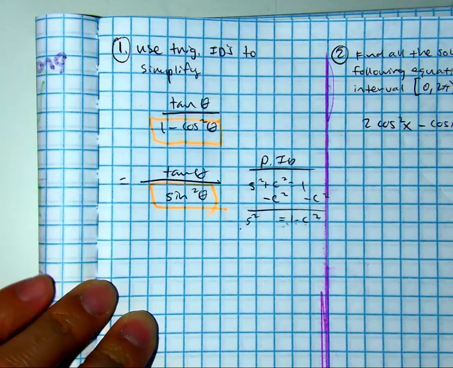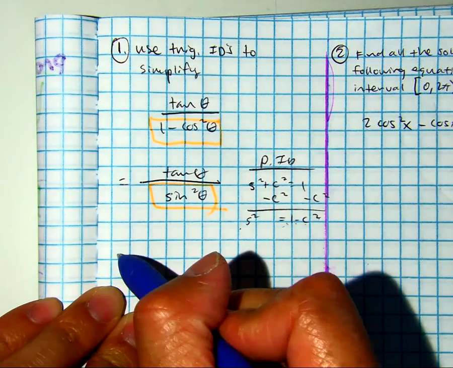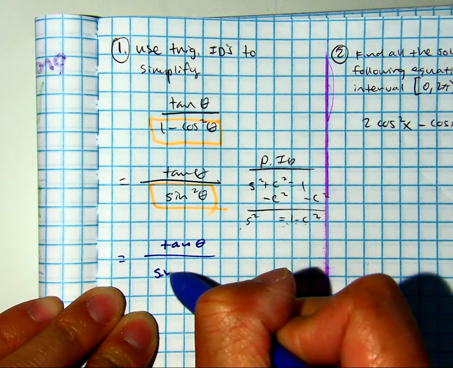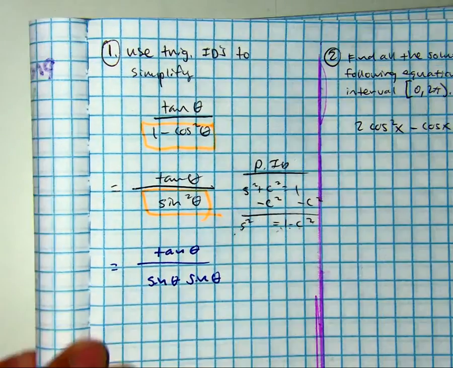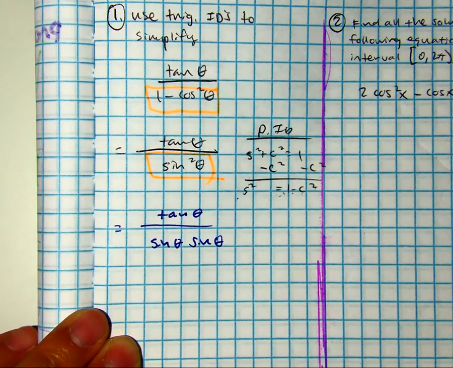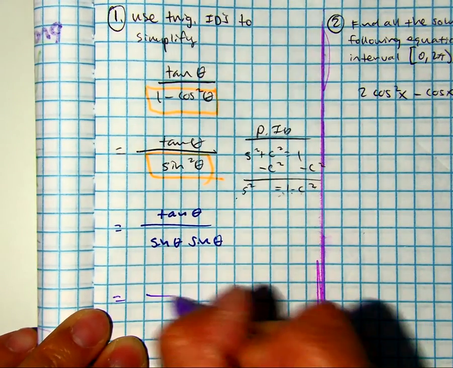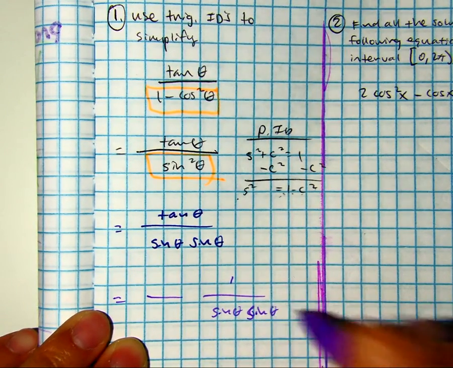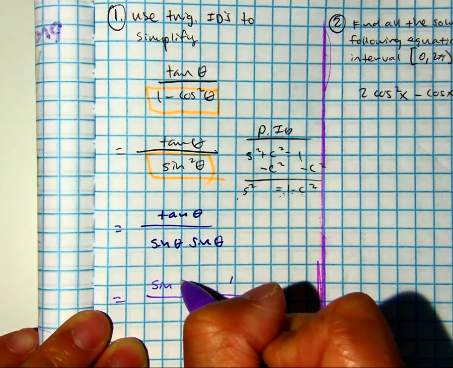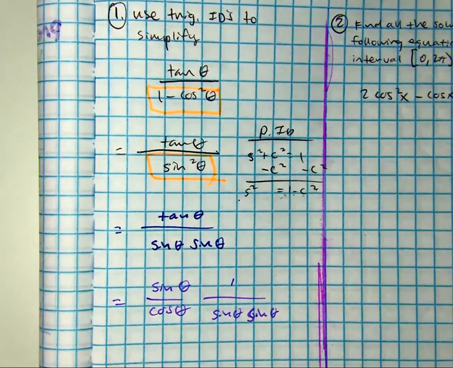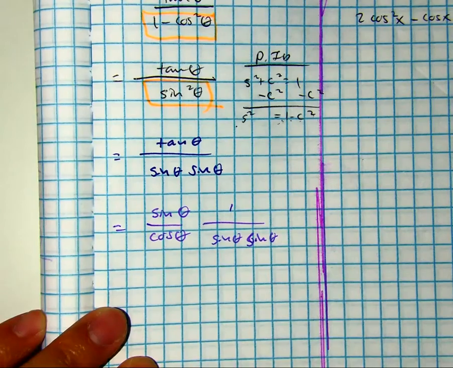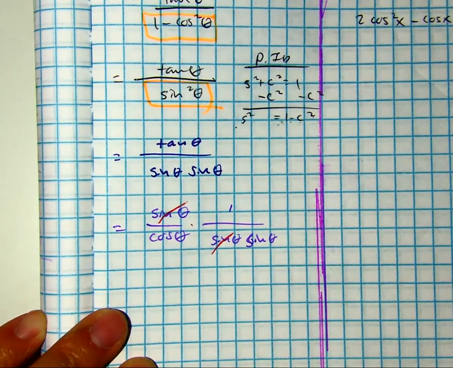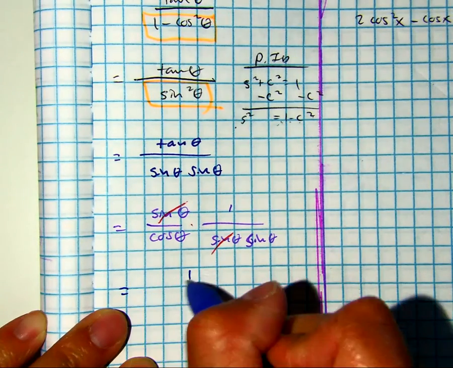If you had to explain to someone, what does sine squared mean? Sine times sine. What is tangent? Sine over cosine. So my sines cancel. Remember, it's multiplication. You can cancel factors. I'm left with 1 over sine,